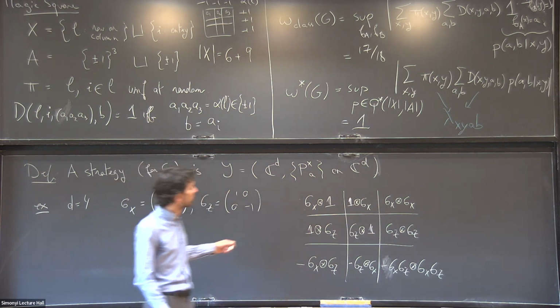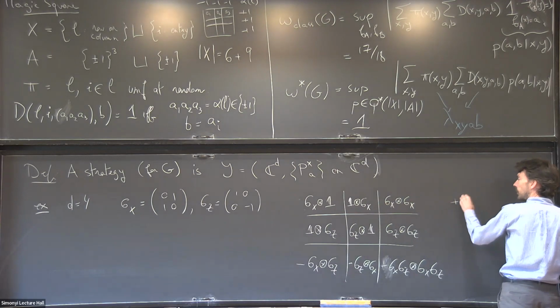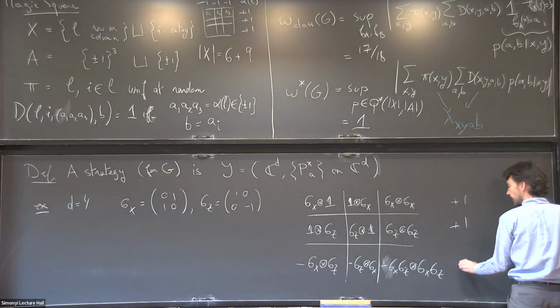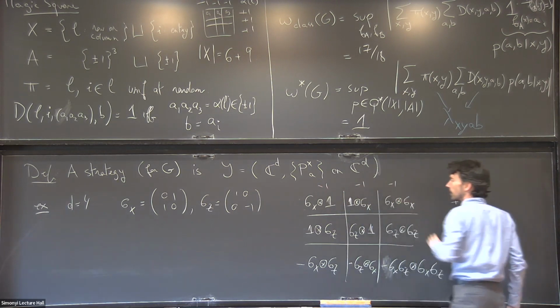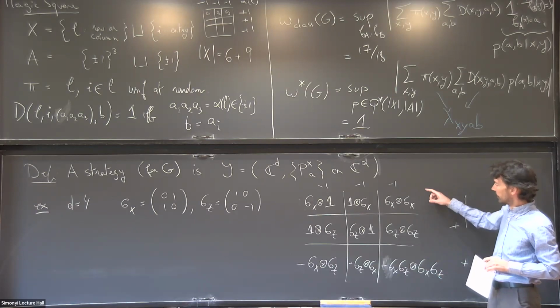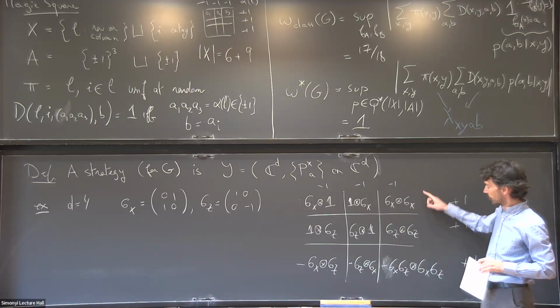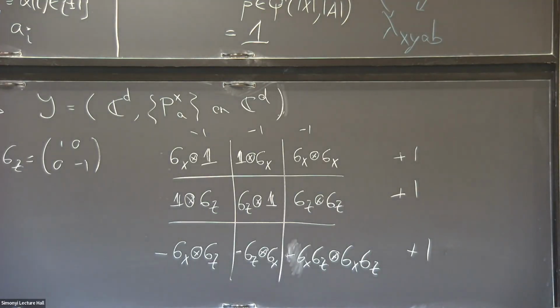Not only that, but if I take the product of them in a row, you can check that here I'll get +1 just because they square to identity. And if I didn't mess everything up, by columns the product should be -1. It's clear for the first column, it's clear for the second column. For the third column, it's also clear using the anti-commutation relation. So this is really what's going on in this square. I find it very elegant.